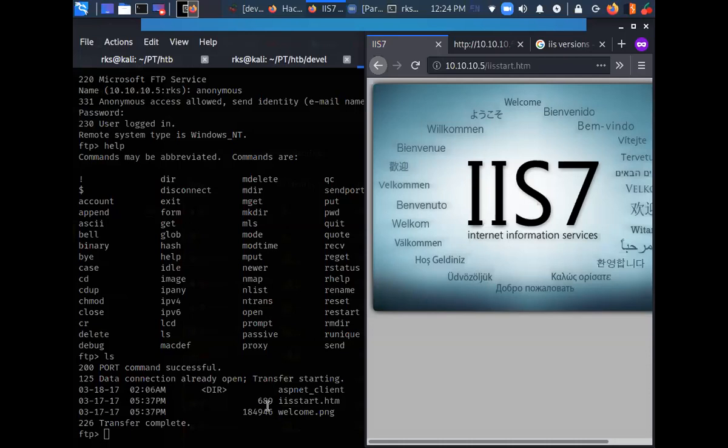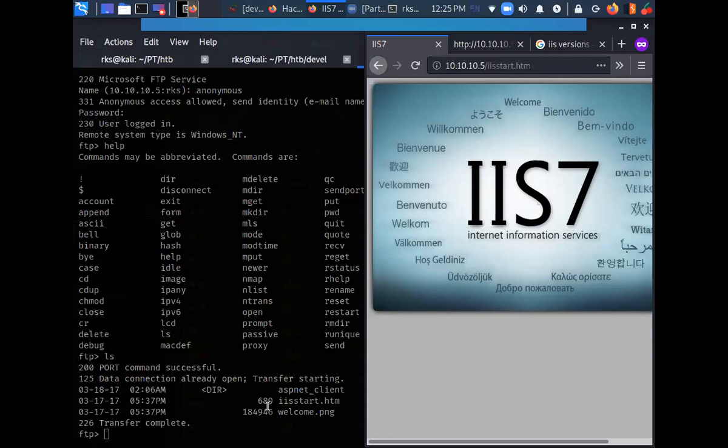So this file should be in the root directory of the system, right? So we are already having access to that directory. Now the question arises: what kind of file should I upload here?